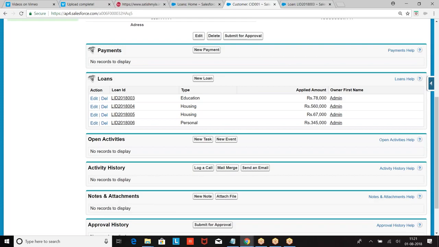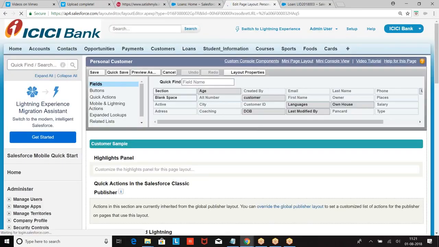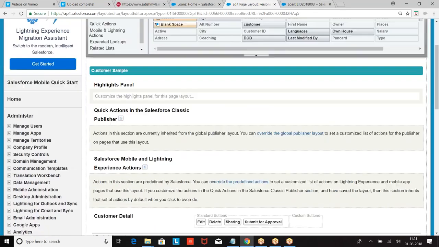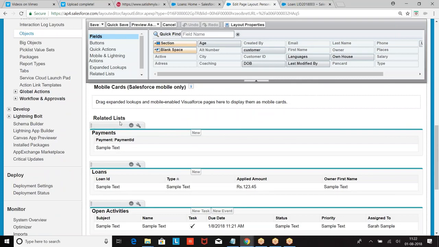That is the second part. At the time of creating fields, we only discussed how to add the fields on the page layout, how to add the section, how to add the button. Now we are trying to understand the case where you have a relation. When I create a parent-child lookup relation or master detail relation, then the parent record will have a group of child records. Which child records of the parent should be displayed, and in which order, I can control from the related list.